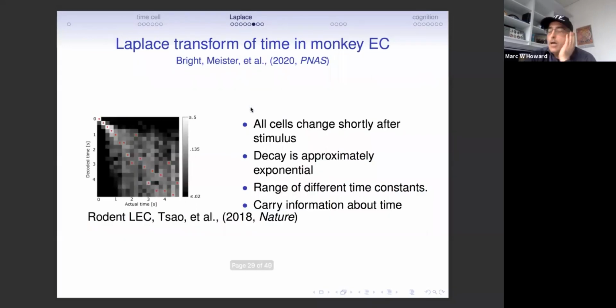All right. So let me take a moment. So thus far, and there's a paper by Albert Tsao in the Moser lab showing essentially the same results for rodent LEC from 2018 in Nature. And so we're pretty excited that that was confirmed. And so far, we've basically caught up to the theoretical proposal from a decade ago.